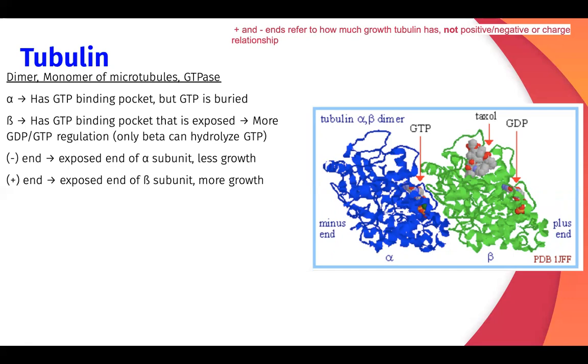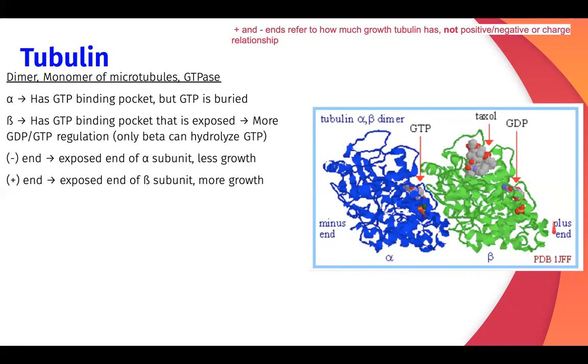So the beta subunit has the GTP binding pocket that's exposed. And so it can hydrolyze the GTP because it has more GTP regulation. So our beta subunit is the one that hydrolyzes our GTP and has the enzymatic function. So the minus end is the exposed end of the alpha subunit. So it's labeled here, alpha is blue, and there's less growth on that end